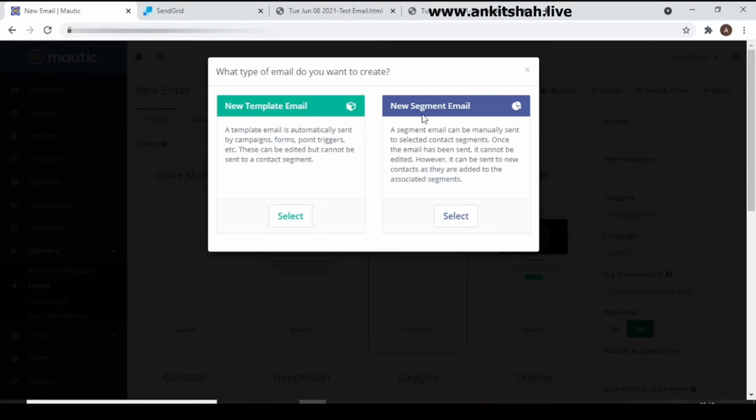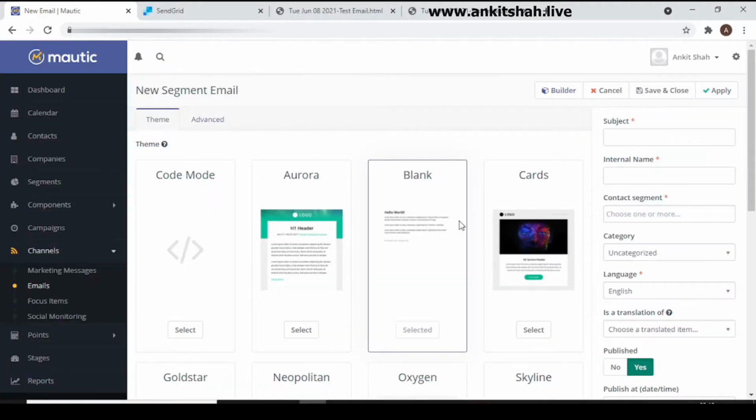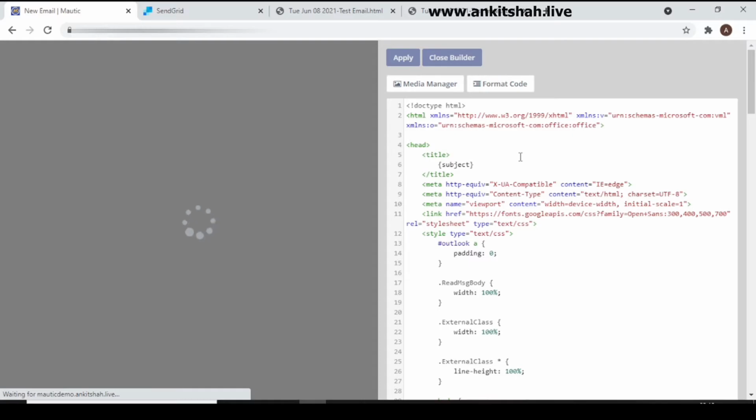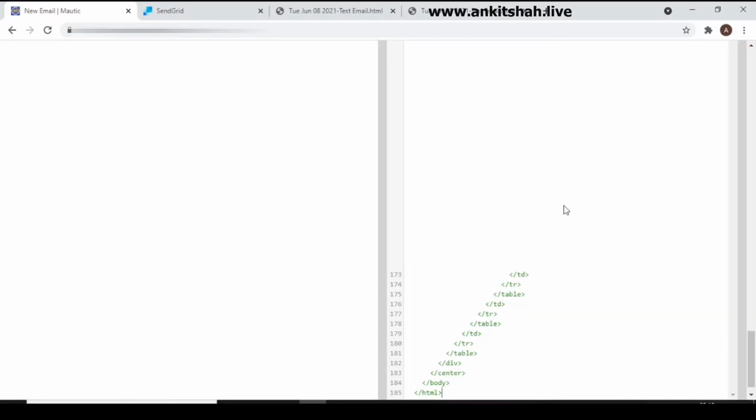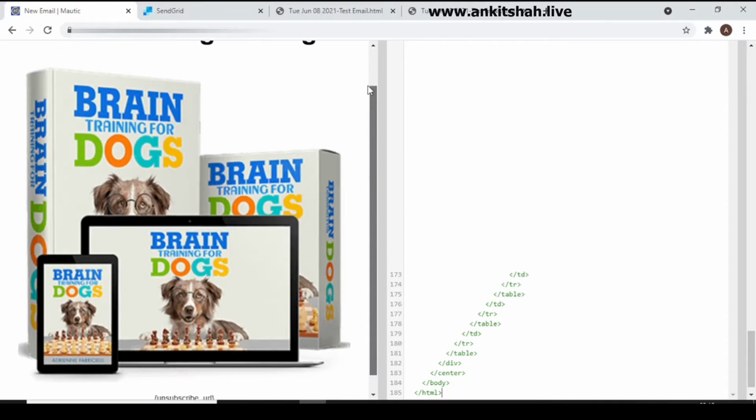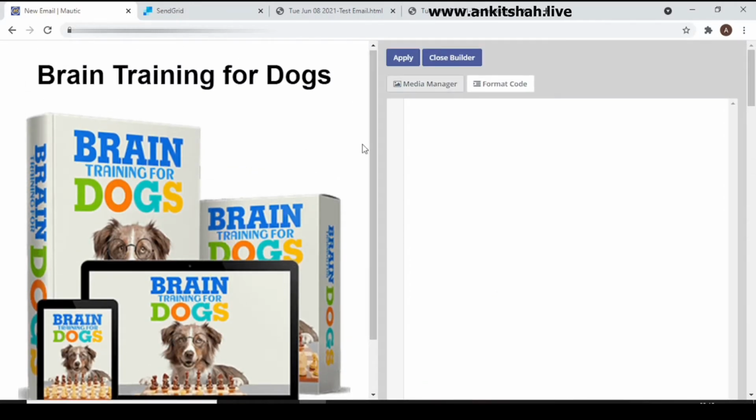So I'm sending this email as a newsletter, so I just click new segment email, go to code mode, go to builder. Now remove this pre-built code and copy paste your SendGrid code. That's it. As you can see, your code has been added. Close builder.